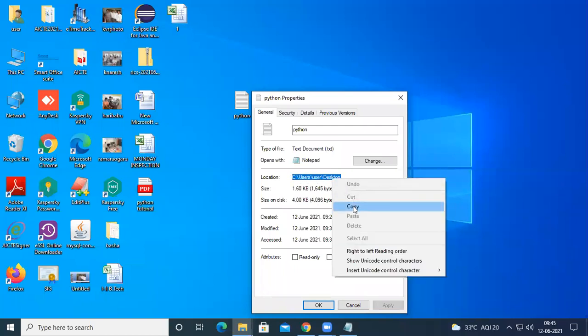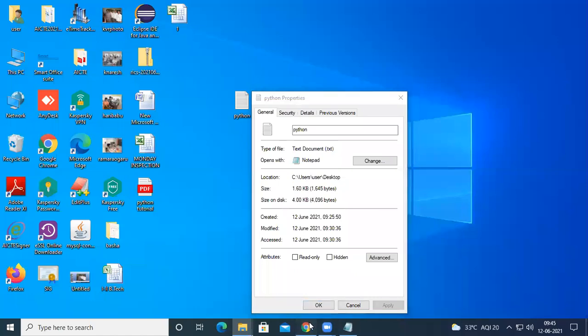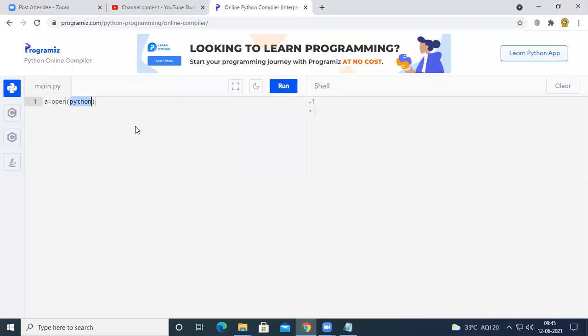So we have to copy this path and paste it here. Now our Python compiler is going to concentrate at this position. It is going to look in C drive, in users, in user, and in the desktop. Here we have to provide the file name.